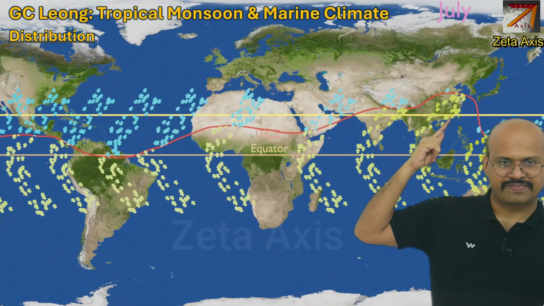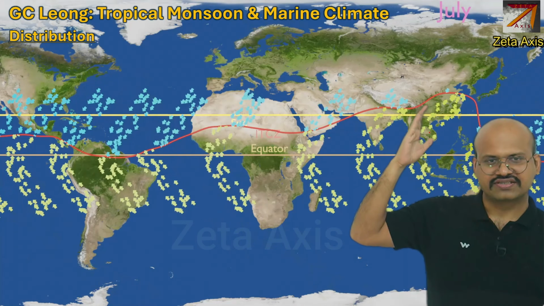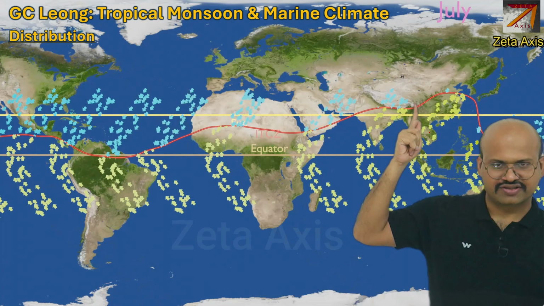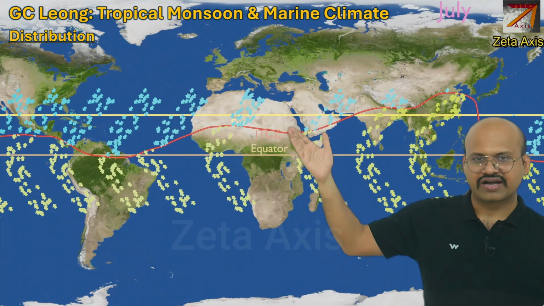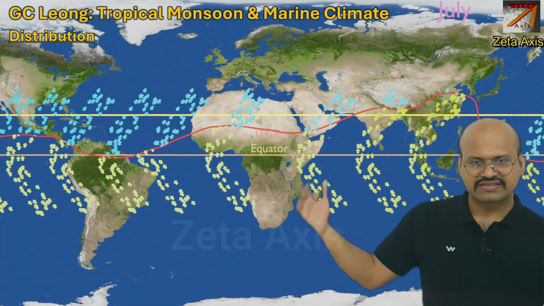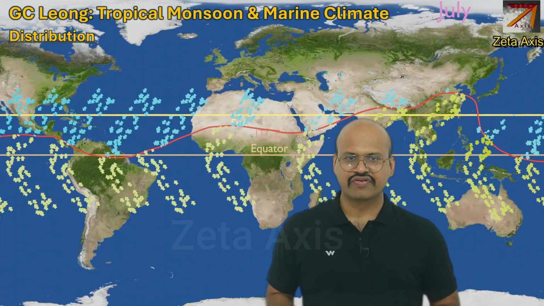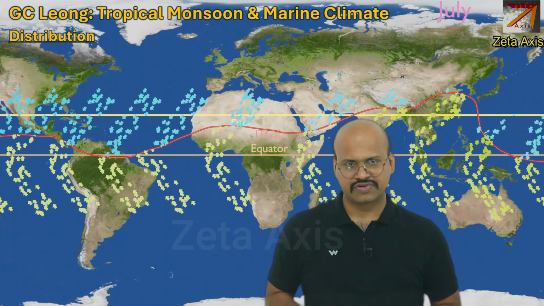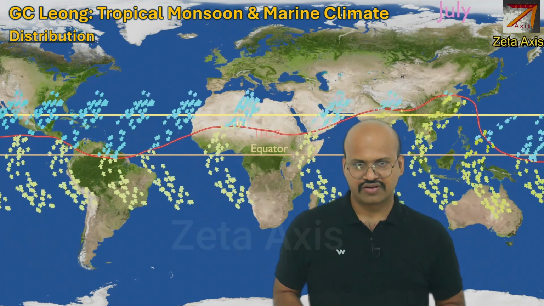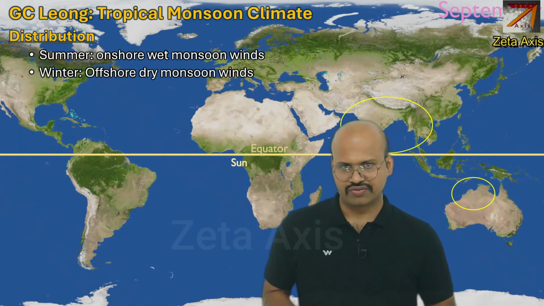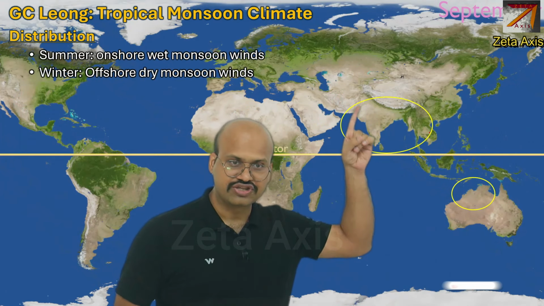And now we can see the northernmost position of the sun and the equivalent ITCZ position at that time. So we can see that there is a vast change in the flow of winds between the northern position of the sun and the southern position of the sun. Because of this change in the direction of winds, in some regions it brings rainfall. Now to further understand it, we will see the same video, but now we will focus on these two specific